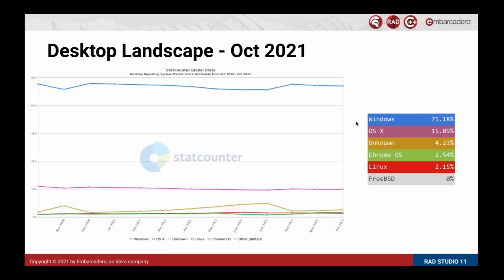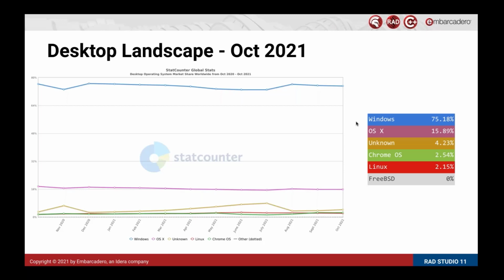So in terms of the desktop landscape, this is purely desktop computers, so ignoring the cloud servers and the servers you'd have running in an office. The desktop landscape that is used today is still heavily dominated by Windows. You can see here, over 75% of the desktop machines are Windows. Another just under 16% are Mac OS. So between the two of them, they're over 91% of the market share, with the rest picked up by some lower numbers.